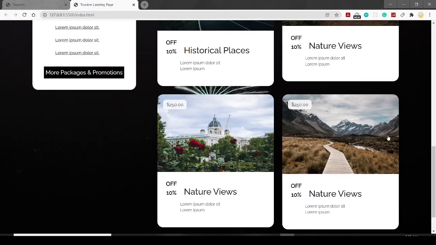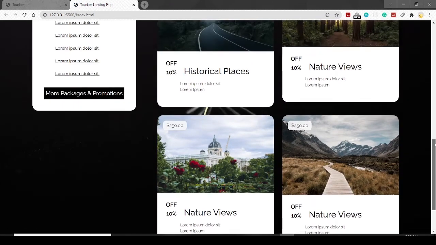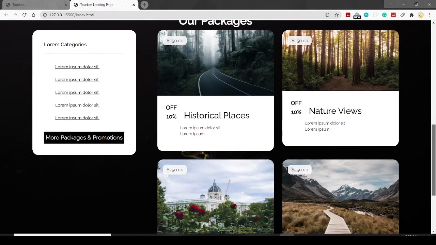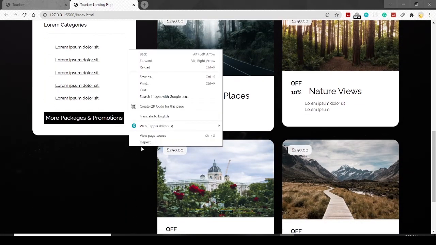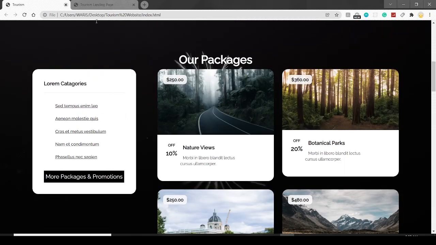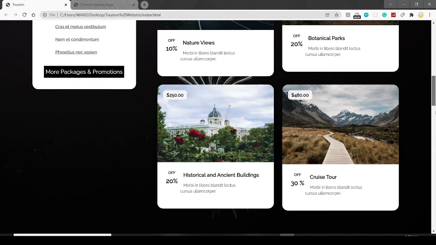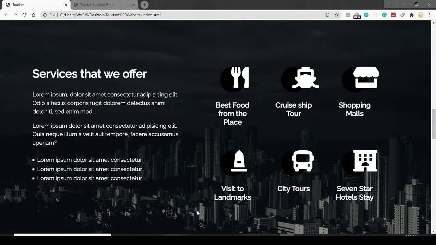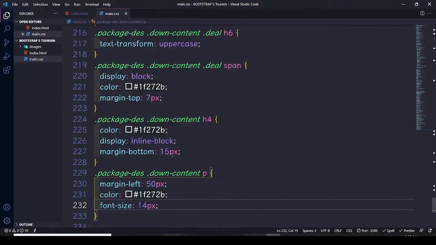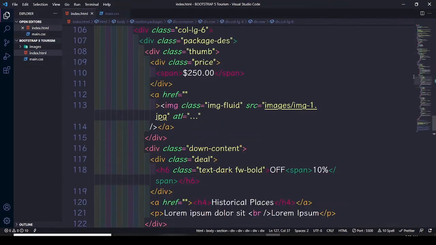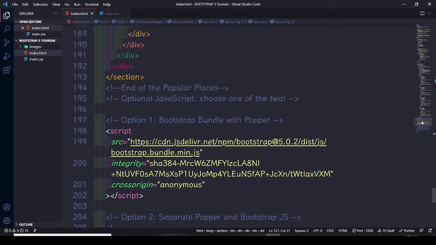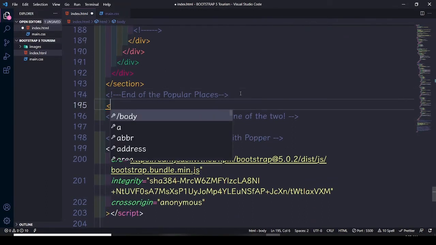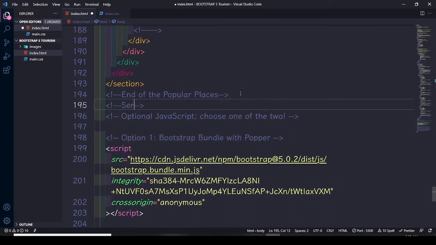everything is looking good. You guys can see we have done with our packages section. If you want to check it on our responsive later on, let's move on to the next section and then we will check everything all together. Okay, so for that, let's go to the services section and start working on the services section. Okay, so let's move on to the index.html page, and here let's begin with the services